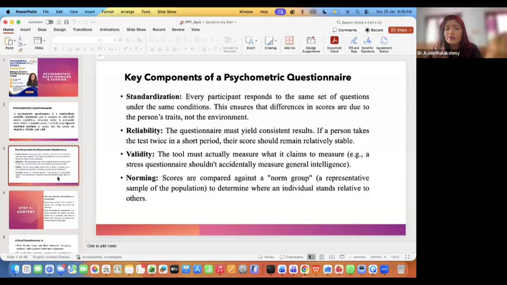You need to look into four things in this. One is the standardization of whatever questions you are posing. How to make it standardized, we'll come into that. Another thing is how much I can rely on this. Is it reliable? That's the score.